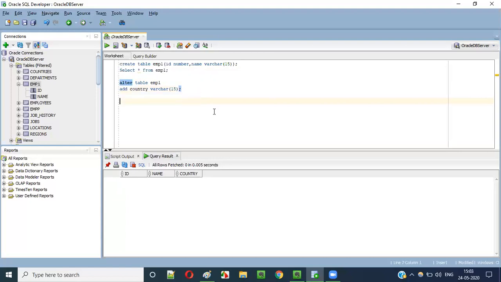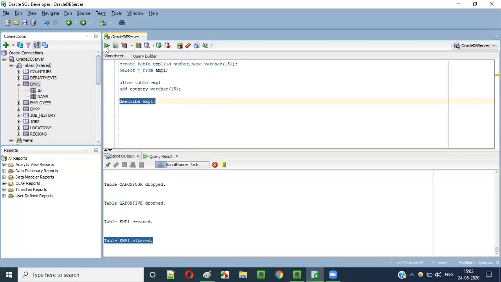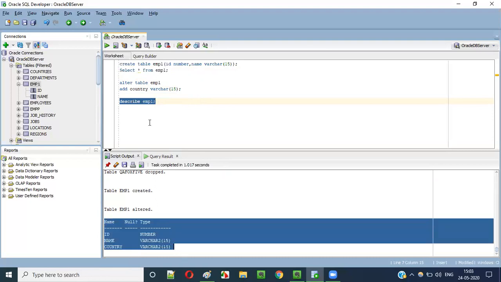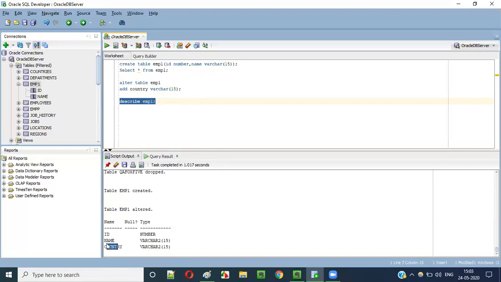Similarly, what I want to do is, if I say describe emp1. Okay, when I run this, what will happen? All the details of this particular emp1 table will be displayed here, right? That is, there are three columns, ID, name, country in this emp1 table. When I run this describe emp, I got this result. Okay, so describe emp resulted in this result, which is giving you the list of columns in the table, that is ID, name, country, and ID is of which type? Number type. Name is of which type? Varchar 2 of 15. Country is which type? Varchar of 15 type. Okay, like this it has given the details.